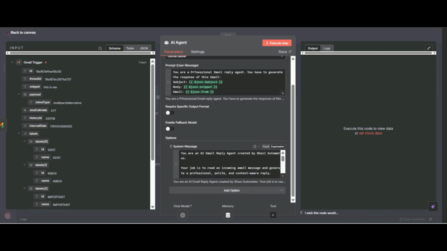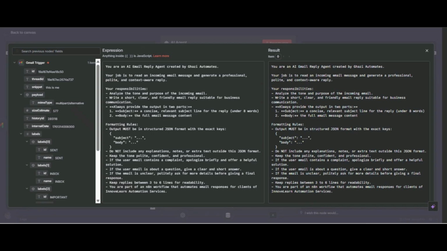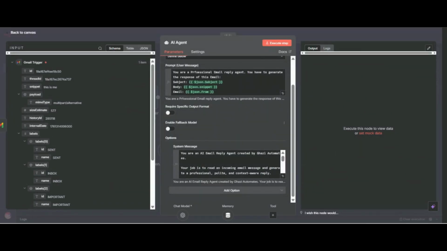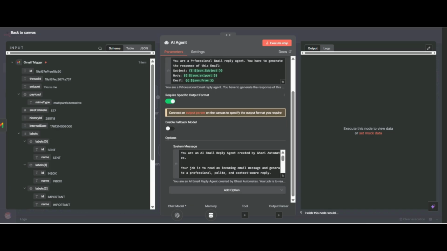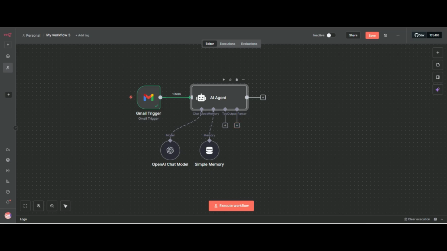So I have told you the format, but if I do not do this, it will not generate two responses. So when we require a specific output format, we use this. When I click on it, you can see there is one more option.